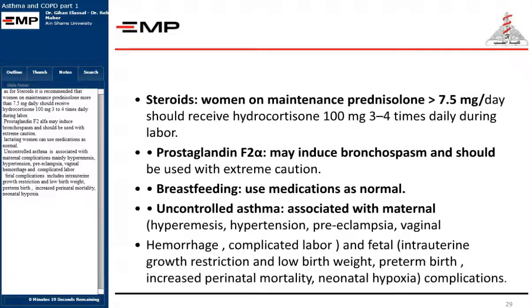Uncontrolled asthma is associated with maternal complications, mainly hyperemesis, hypertension, preeclampsia, vaginal hemorrhage, and complicated labor. Fetal complications include intrauterine growth restriction and low birth weight, preterm birth, increased perinatal mortality, neonatal hypoxia,